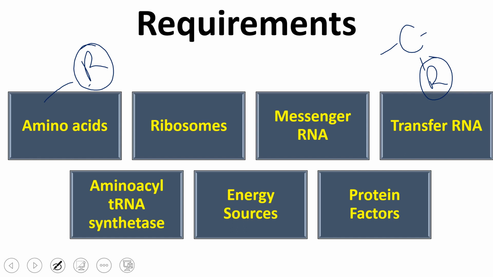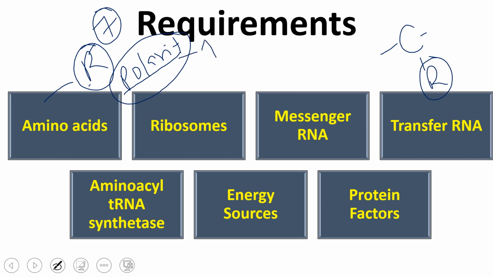Then the second classification is on the basis of their polarity. So we have polar, non-polar, acidic, basic, 4 different types according to polarity. On the basis of the R group we have 7 classes. Some other day we will see this one. On the basis of polarity we have 4 types.